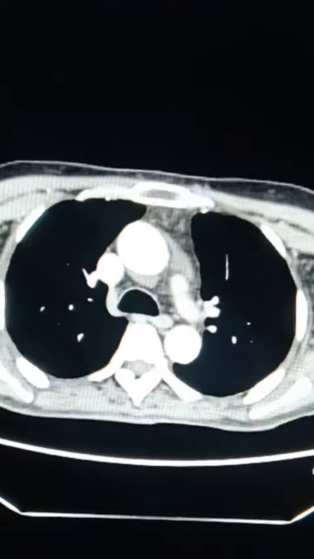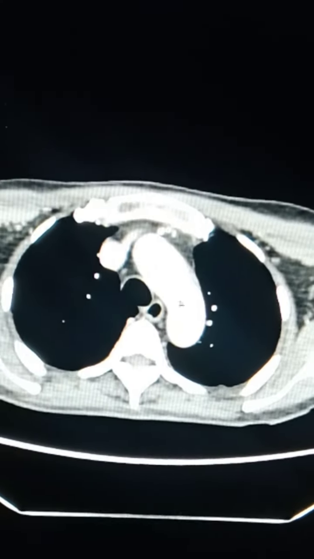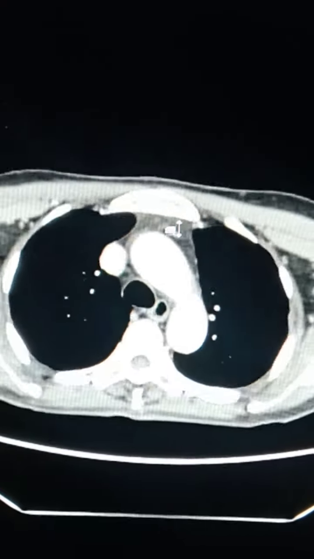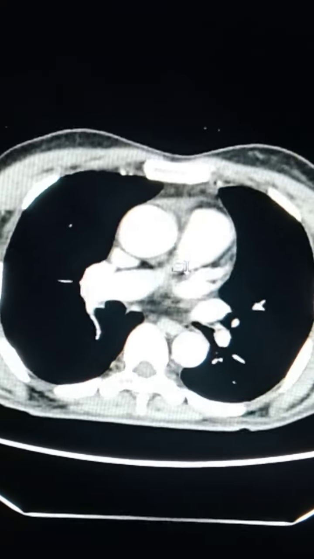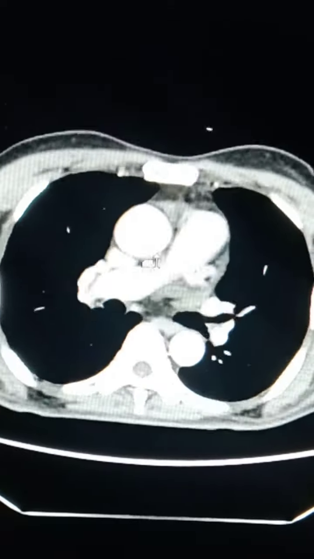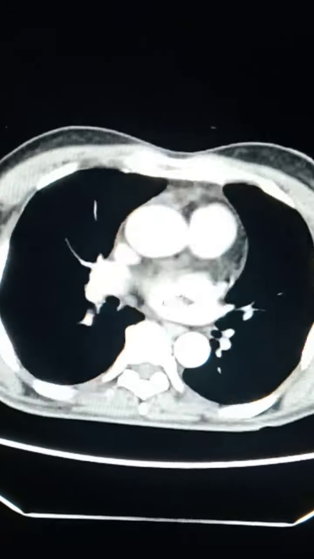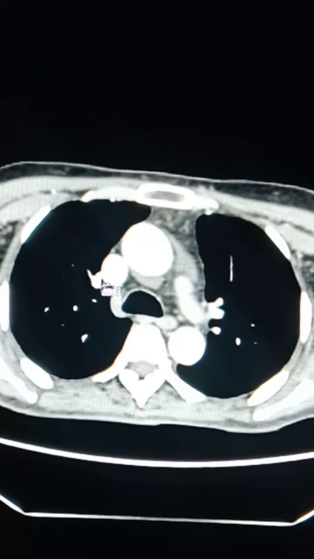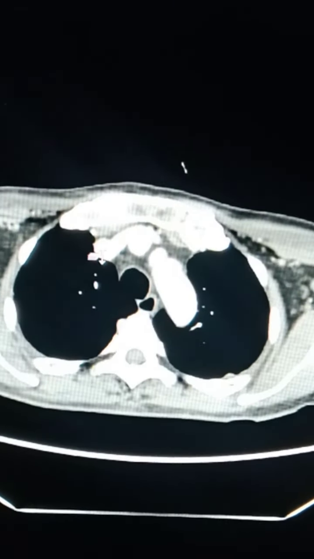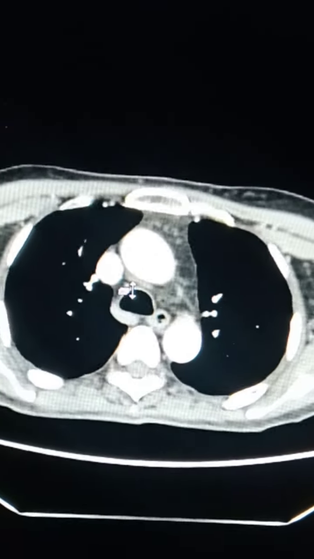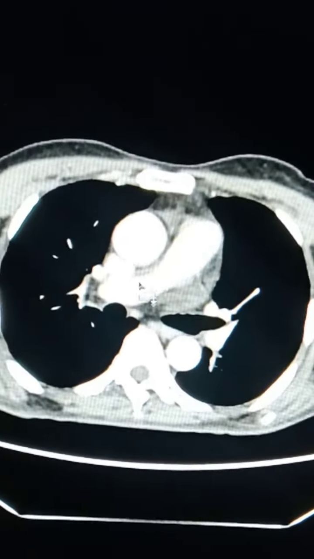And when you see the mediastinum, you can see the arch of aorta. Actually, the ascending aorta continues as the arch, and then as the descending aorta. When you trace the arch, you can see the left ventricle. Okay, this is the left atrium. Before going to that, we'll see this vessel here, the superior vena cava. You see the left brachiocephalic and the right vessels open into the superior vena cava, which opens into the right atrium. This is the right atrium,